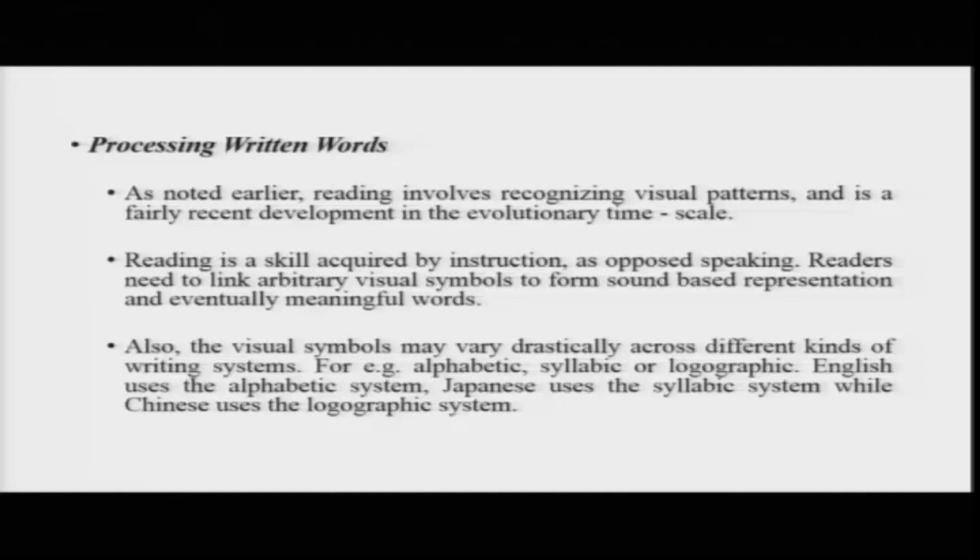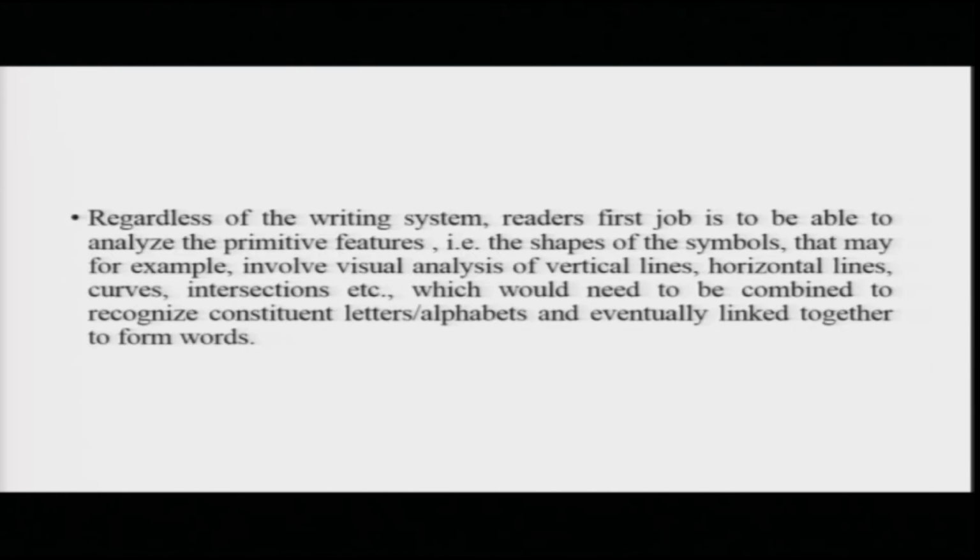So, the visual, this is basically what a reader has to do as opposed to a listener. Now, the visual symbols, if you look at the nature of the script, may drastically differ across different kinds of writing systems. We have talked about that: alphabetic, syllabic, logographic writing systems. English is a typical example of an alphabetic script, whereas Chinese uses the logographic kind of system. Regardless, however, of the writing system, the reader's first job is to be able to analyze the primitive